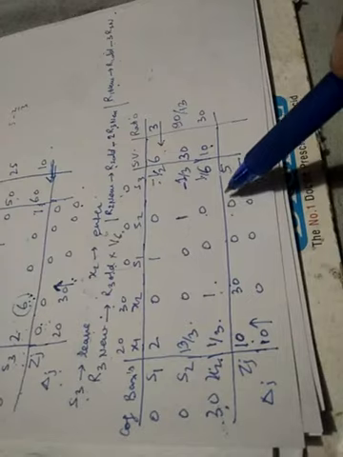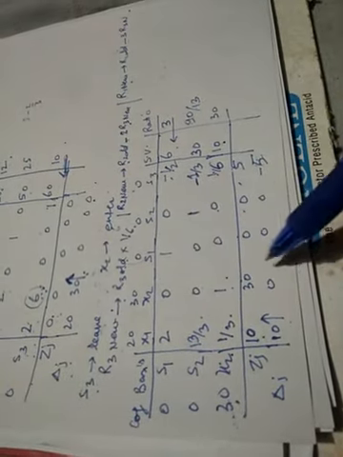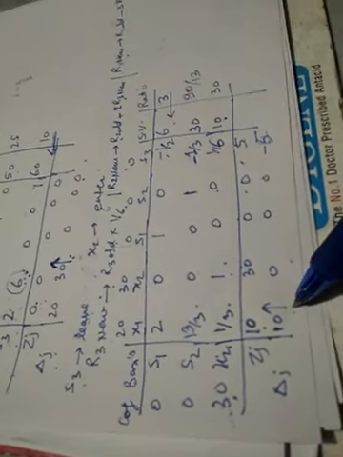So now these are the values. Now again we check its optimality. 0 into 2, 0 into this, and 30 into 3, so it will be 10. In the same way it will be 30, it will be 0, it will be 0, and it will be 5. Now 20 minus 10, 10, 30 minus 30, 0, and finally it is minus 5. Now this solution is not optimal because there is one value which is positive.